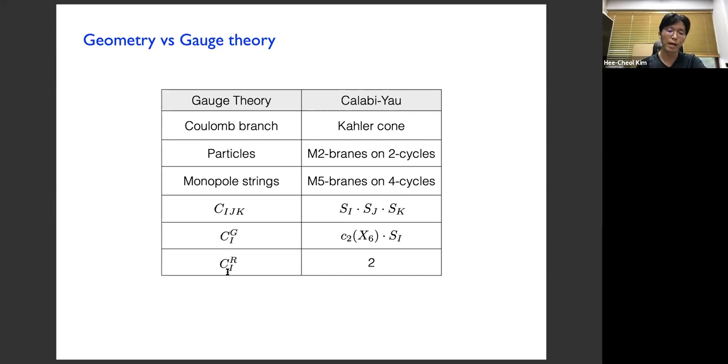However, the gauge and flavor symmetry mixed Chern-Simons coefficient has no geometric interpretation, but we can actually deduce this coefficient for the geometry from the field theory computation: for each surface, this coefficient is always 2. Okay. Again, the point here is that for a given Calabi-Yau geometry, we can identify the corresponding field theory and also easily compute all these Chern-Simons topological coefficients.